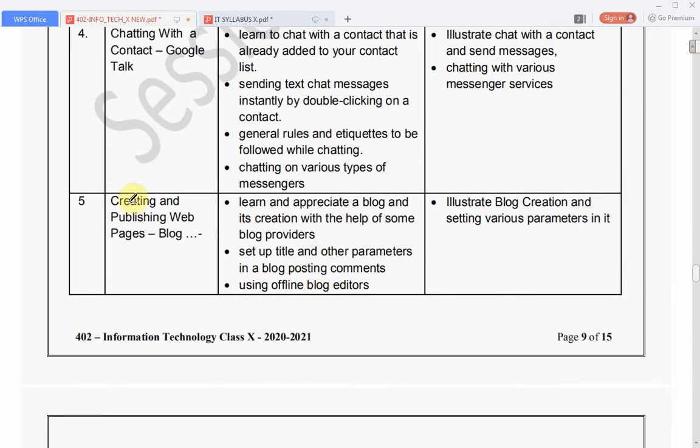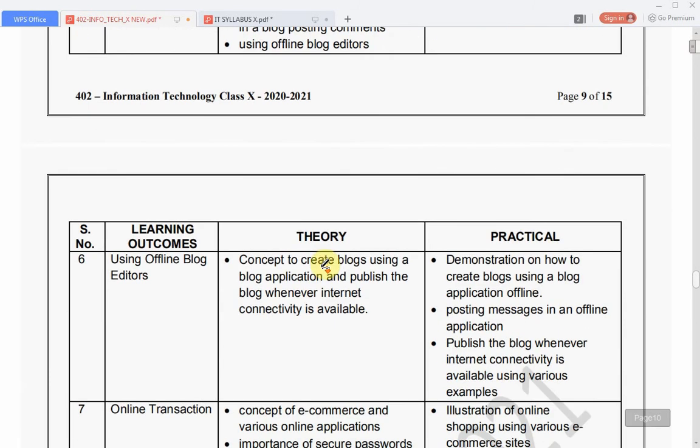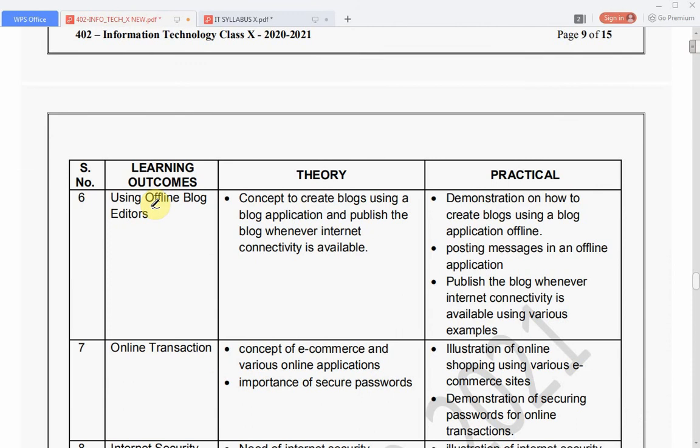Creating and publishing web pages, blogs, how we can create a blog, learn and appreciate blogs and their creation with the help of some blog providers, set up title and other parameters in blog, posting comments using offline blog editor. In the next session we have to study using offline blog editor, the concept to create a blog using a blog application and publish the blog whenever internet connectivity is available.